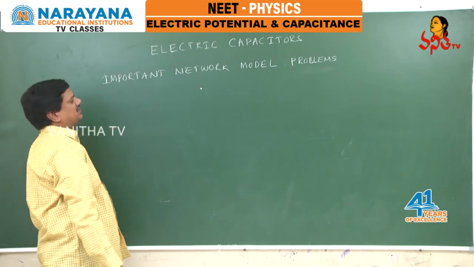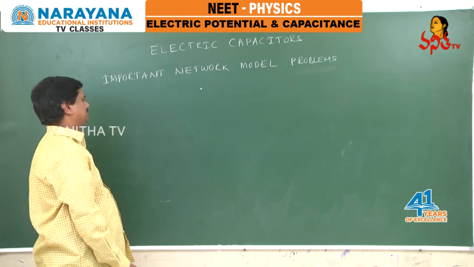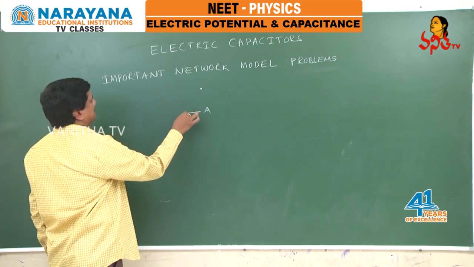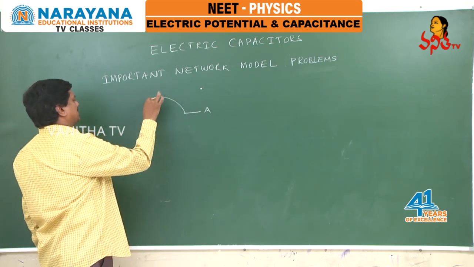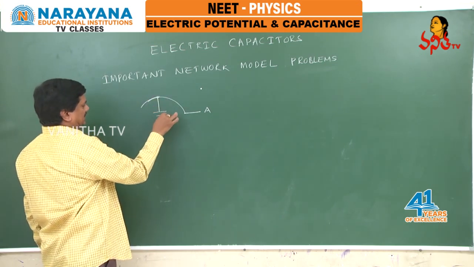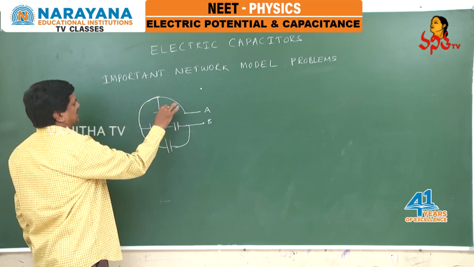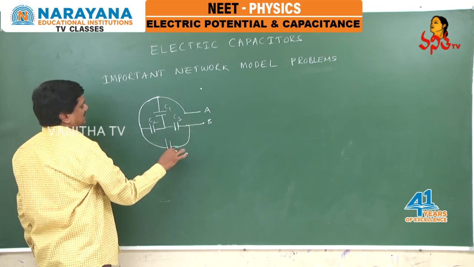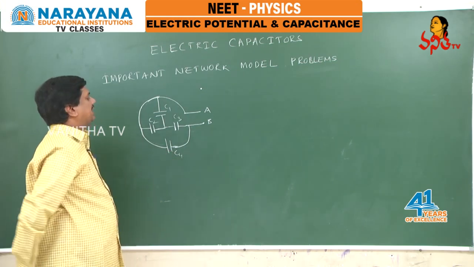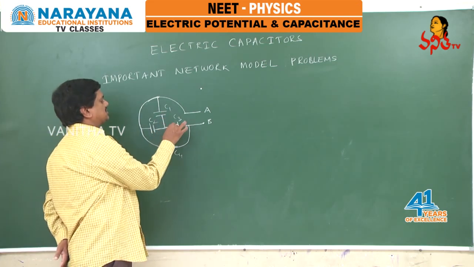Sometimes I will take one example in which it may confuse you whether the combination is a series combination or parallel combination. If capacitors are connected like this, let this be a point A. One capacitor is connected like this. So I will take a network like this. This is another example. Say the capacitors are C1, C2, C3, C4. So 4 capacitors are joined between the points A and B. I want to find out the effective capacitance of the combination.